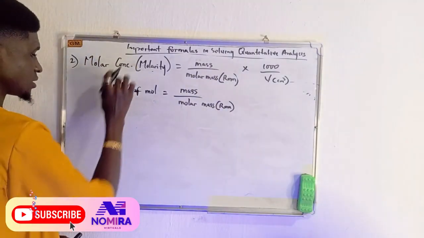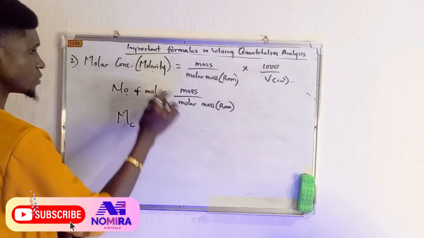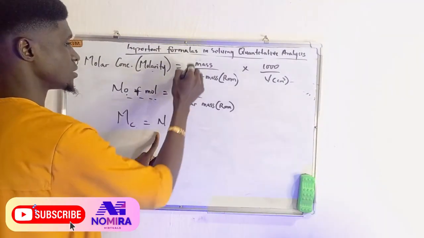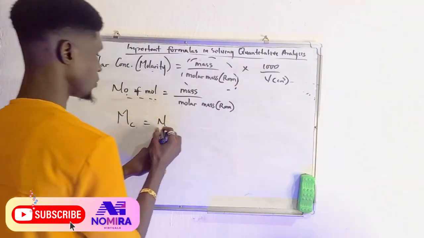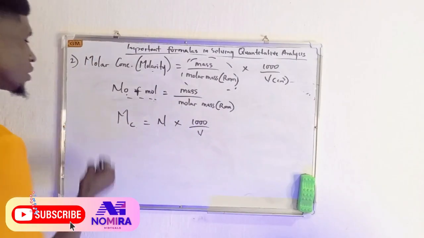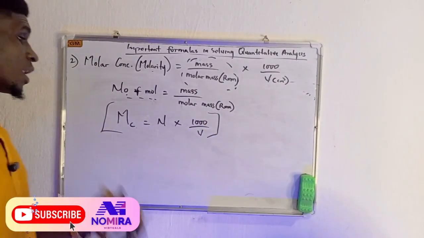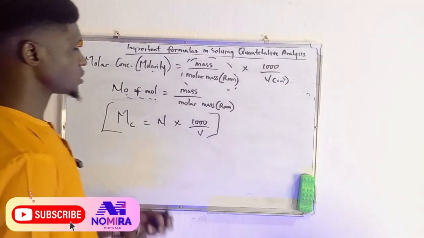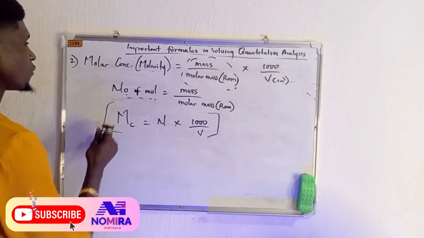In which case, let us rewrite this. So molar concentration will be equal to number of mole times 1000 over volume. You can see that we are using n to substitute this, because this is the formula for this. This is also a possible formula that you can apply in solving this quantitative analysis. So we can still bring out some other possible formulas, for instance, the formula for